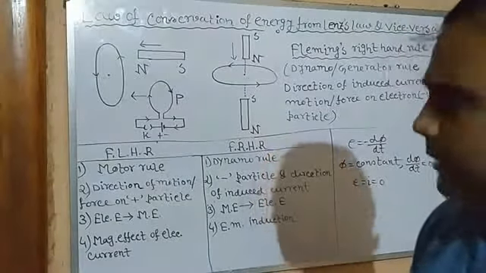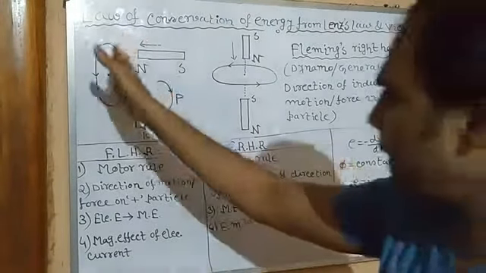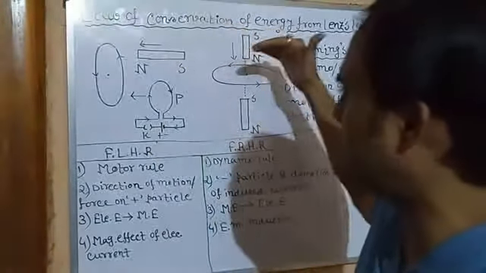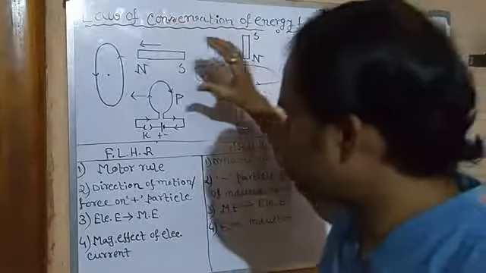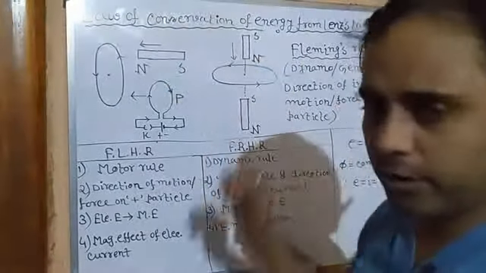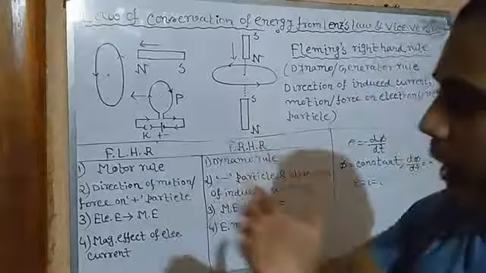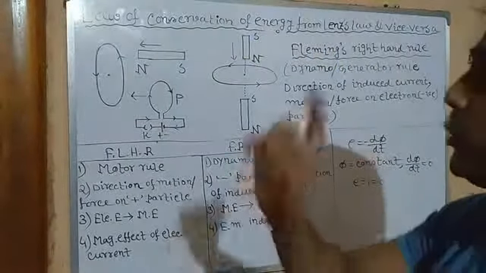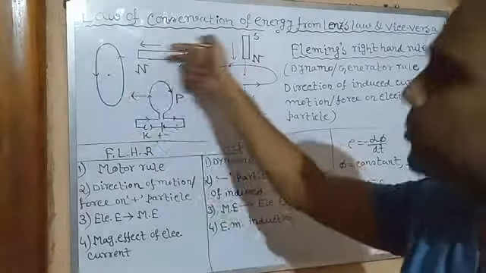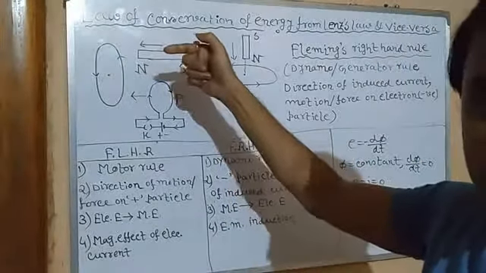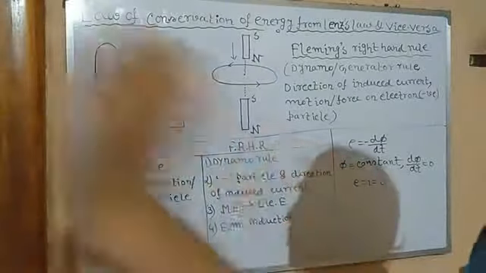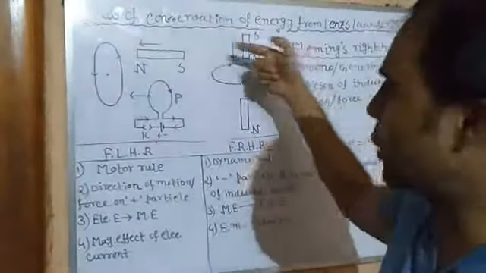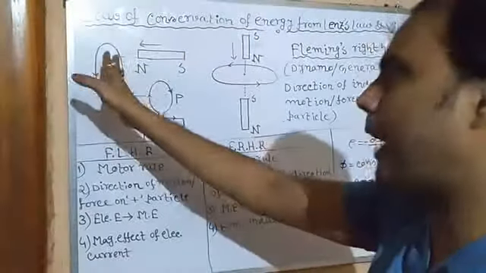We have already learned this. Here current is obtained in the secondary closed coil due to the movement of the magnet, that is the north pole, closer to it. So according to Lenz's law, it will have to oppose this. It means instead of attraction, it will have to repel. It will have to oppose its motion according to Lenz's law, since it opposes the reason of its creation. The reason of its creation is the motion of the magnet towards it. So obviously it will have to repel.